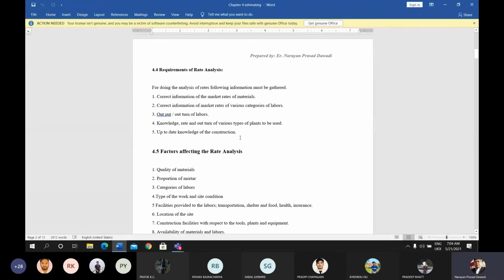What are the data that must be required during the process of the